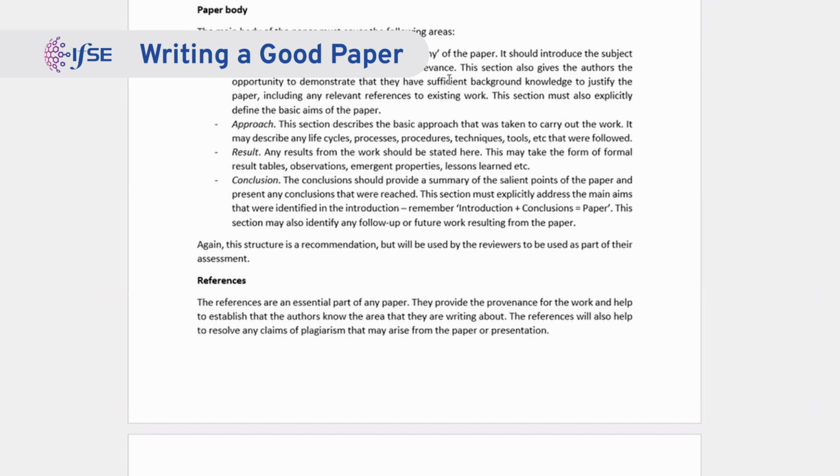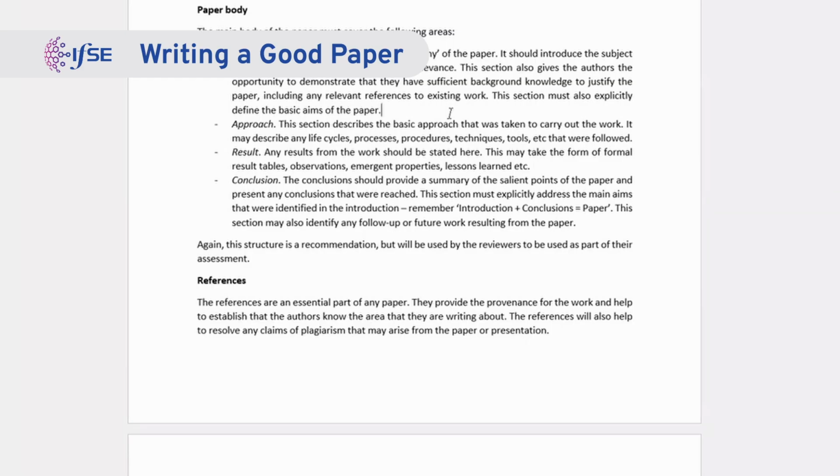This is important because when we look to the conclusion, one of the things that reviewers are explicitly looking for is that the conclusions actually match the introduction. If you remember the old academic adage, the introduction plus the conclusions is what gives you the paper. And the stuff in between, the approach, the results, and so on, is really backing up what we've got there. So in the introduction, you want to be saying, this is why we're doing it. These are the specific aims of the paper. As part of your conclusion, you're going to want to say, did you achieve those aims or not? And explicitly back reference the introduction that we had.